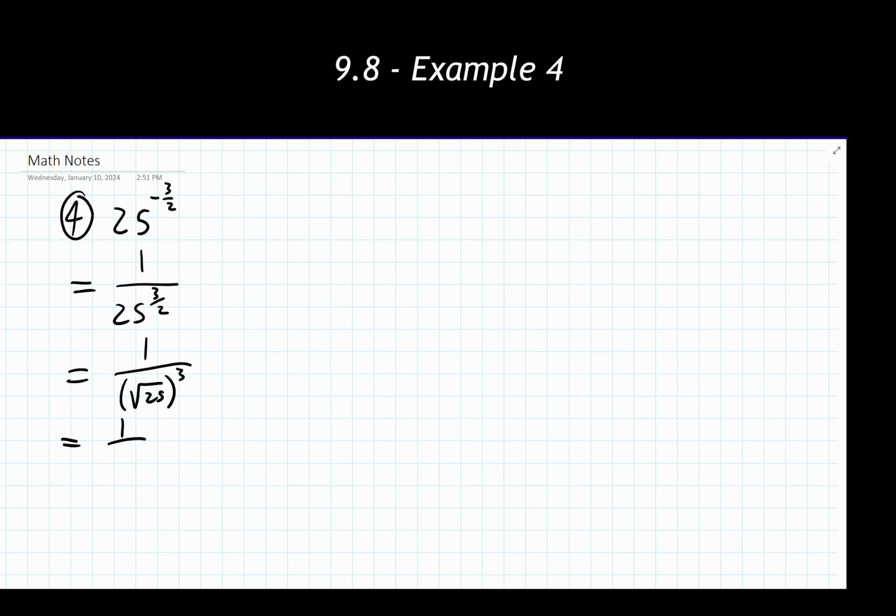From here, the square root of 25 is going to give us 5. So I now have 5 to the 3rd power. And then 5 to the 3rd power, that's going to give me 125. So I get 1 over 125 as my final answer. As you're going through this, if you have weird numbers being raised to higher powers or anything like that, you're more than welcome to use a calculator to help you out and assist you with getting to the final answer from there. If 5 to the 3rd power is one of those such examples, then by all means do it. Use a calculator.